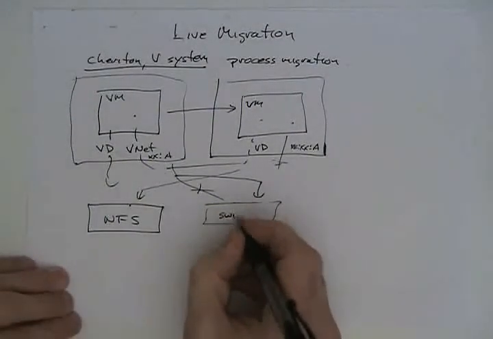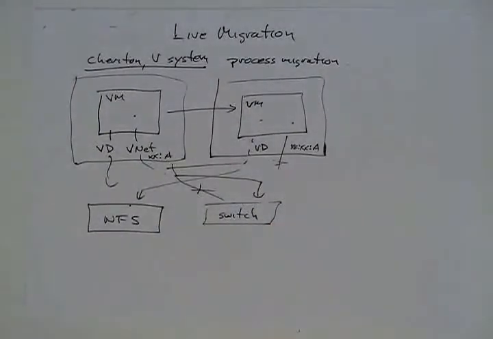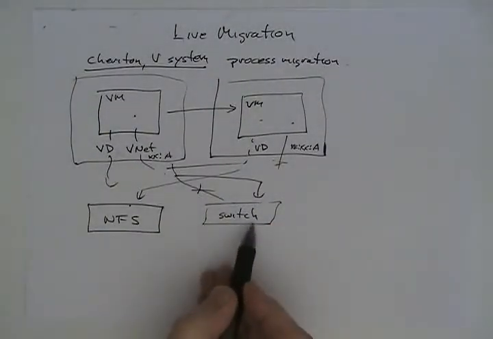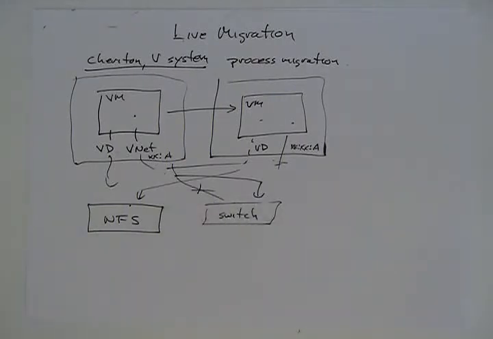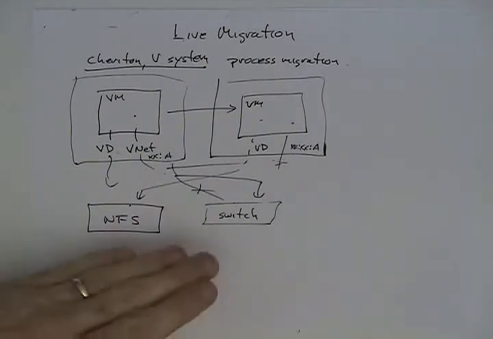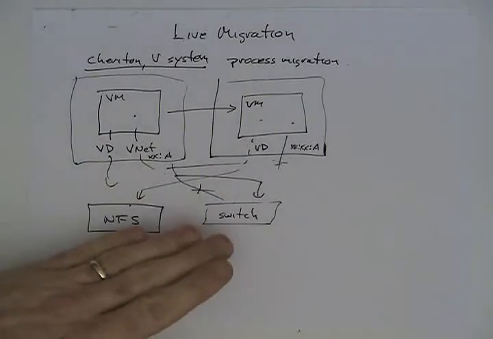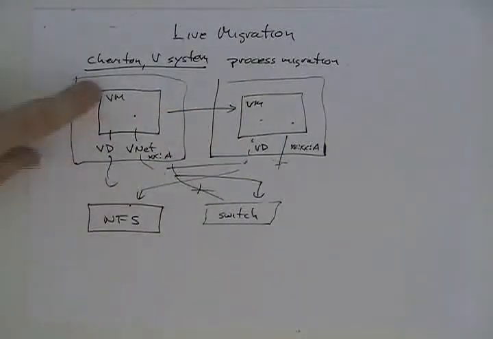If this is your Ethernet switch, this sees what looks like just a cable movement from one port to another. It adapts quickly, and so because we have this very low-level interface, we're able to migrate a virtual machine from